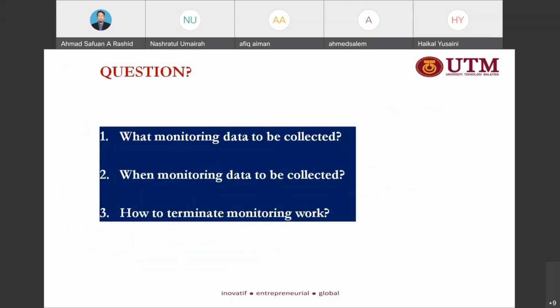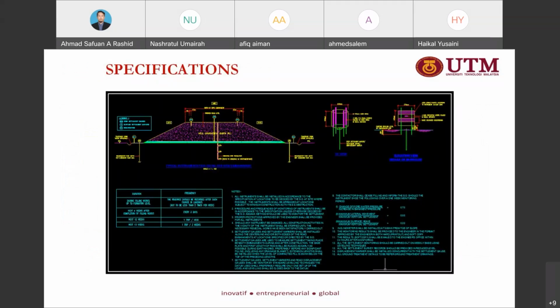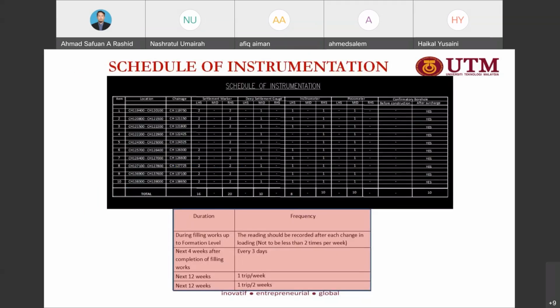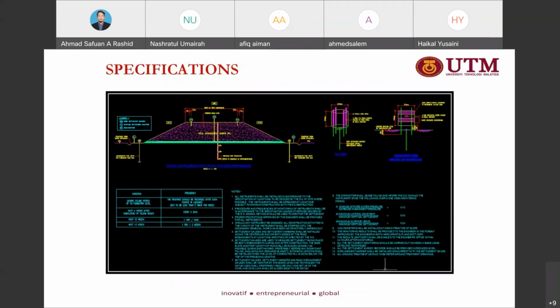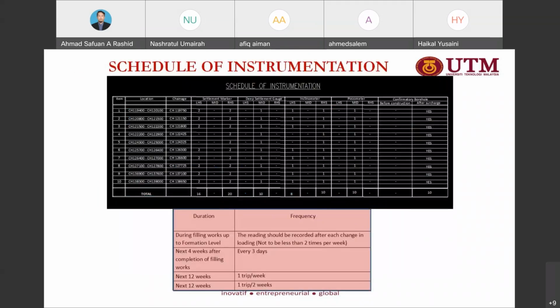So what monitoring data is to be collected? When is monitoring data to be collected? How to determine the monitoring work? So this is an example of an embankment, where they put the instrumentation devices. So the schedule of instrumentation: here, the author suggested